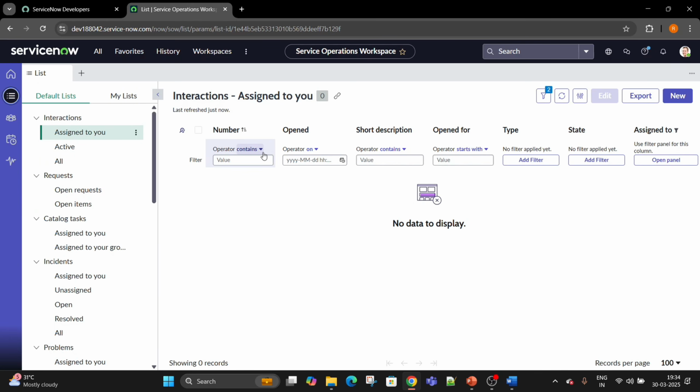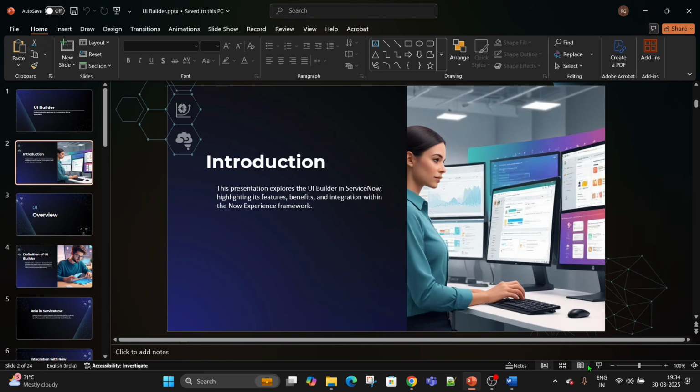So what is UI Builder? It is a tool that will allow us to create a modern user interface, and we can build our service portal workspaces using this UI Builder. So let's get started. To start with UI Builder, I would like to show you a short glimpse of a PPT